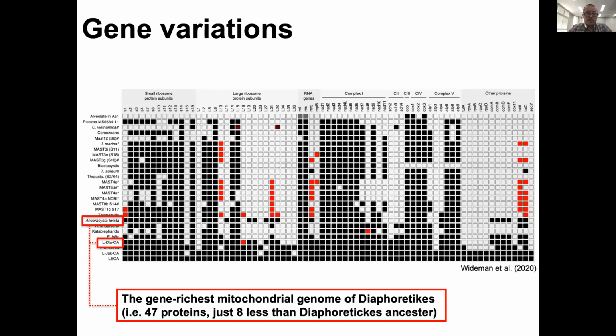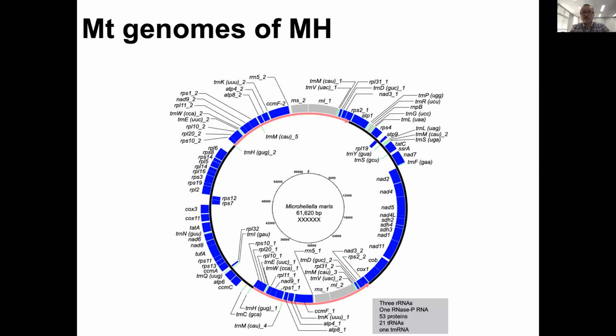So Cryptista is known to have the gene-richest mitochondrial genome of Diaphoretickes to date. The mitochondrial genome of Cryptista has 47 proteins, which is just 8 less than the Diaphoretickes ancestor. In other words, the mitochondrial genome of the Diaphoretickes ancestor has 55 proteins. And this is the result of